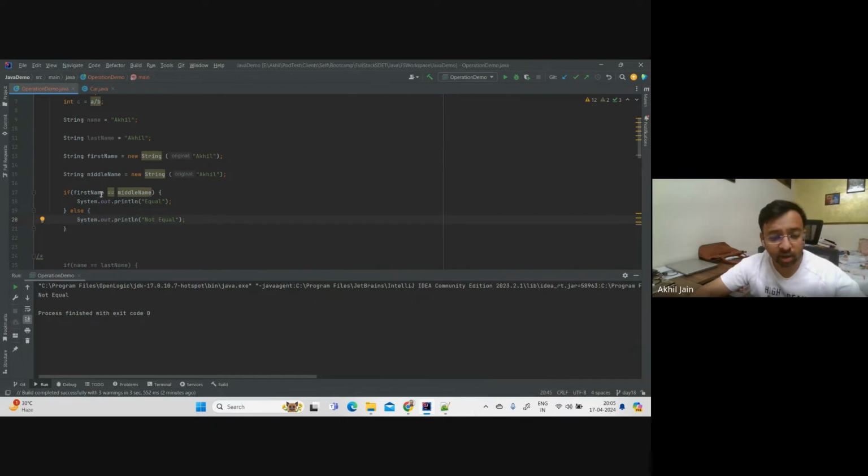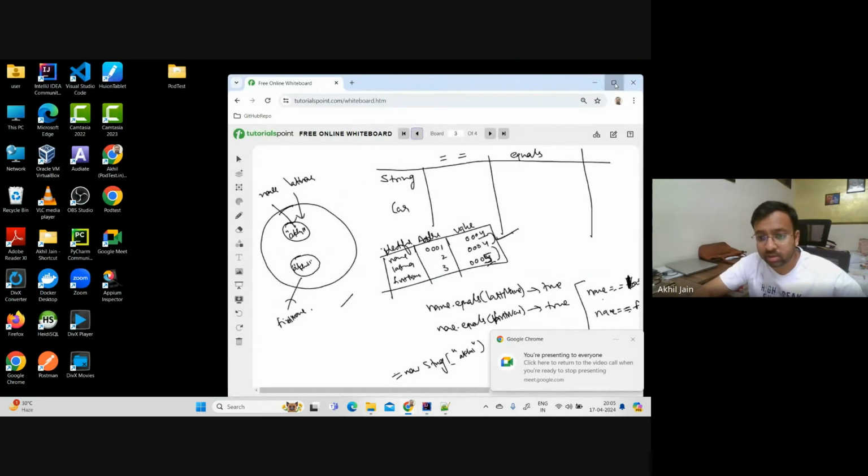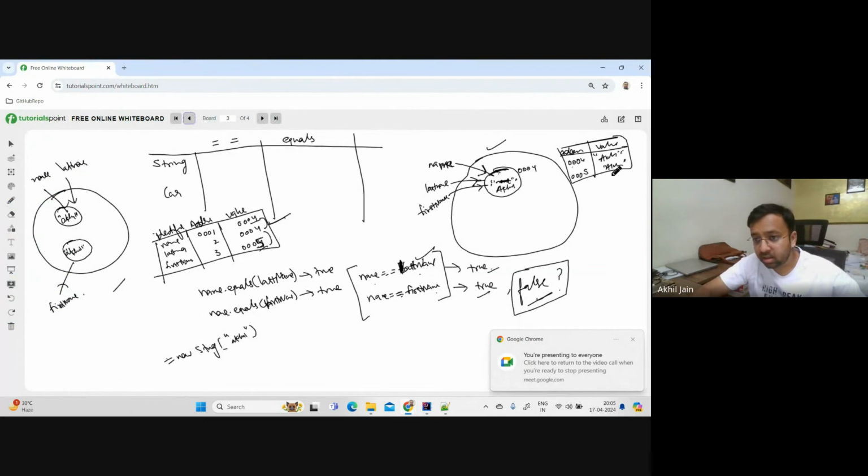We were discussing the equals method, right? And what I was saying is that when you see this double equal, it is comparing the value which you have in the stack. It is not comparing the actual value. It is really pointing to the real actual value. If you want to find the real actual value which this name or last name or first name is pointing to,